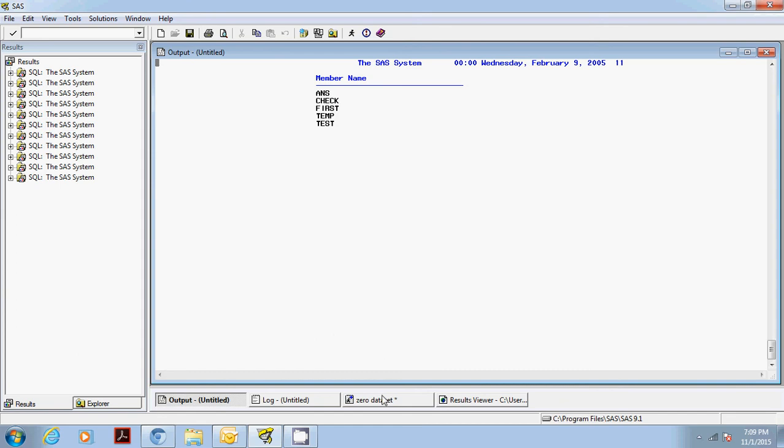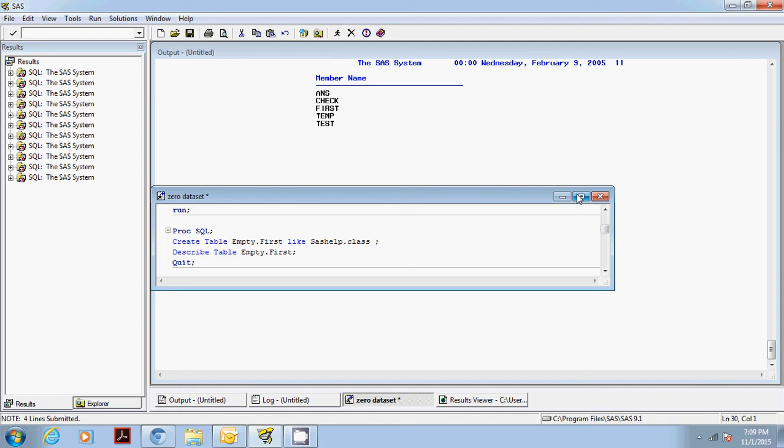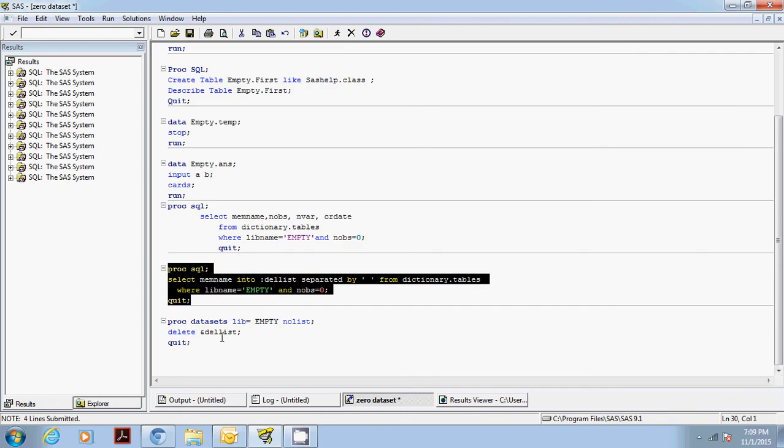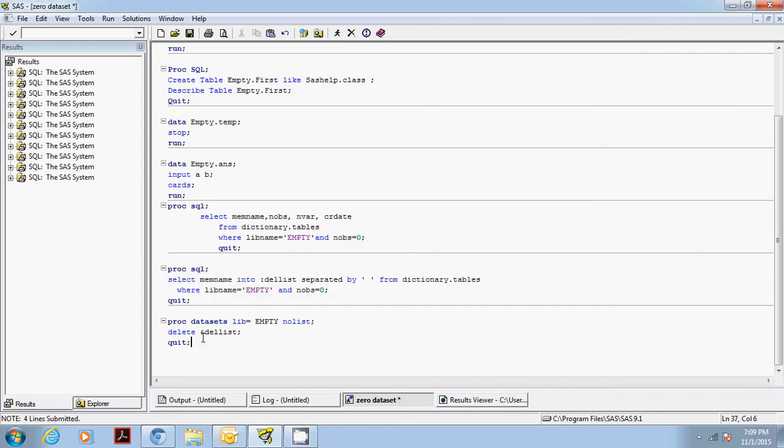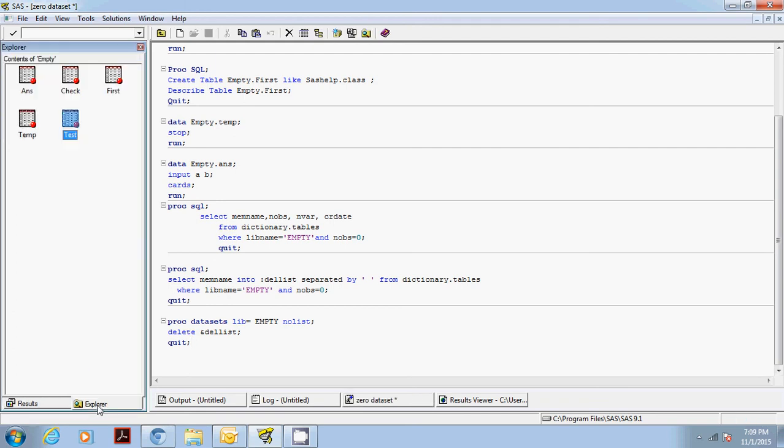The final step is that I will delete this macro so that all the tables captured in the macro variable will be deleted from the library. So now you can see in this empty library there are still 5 datasets existing with 0 observation.